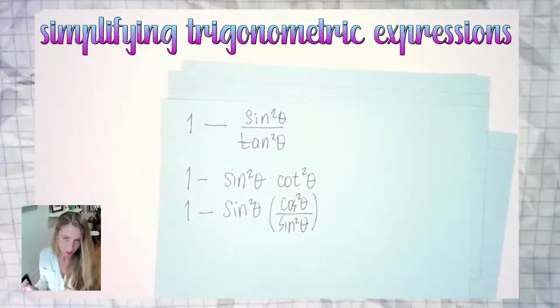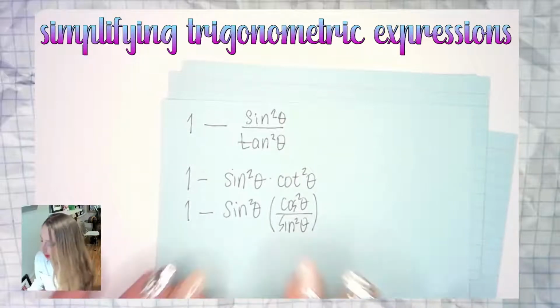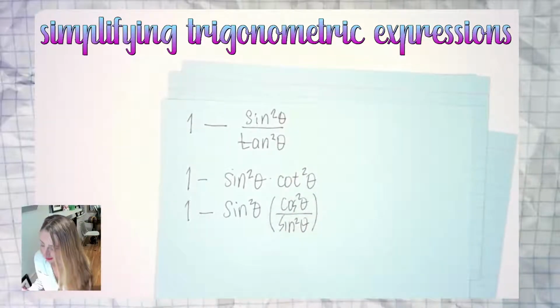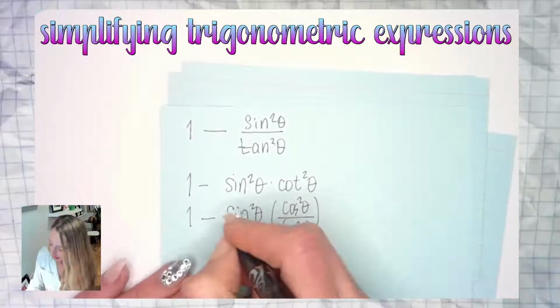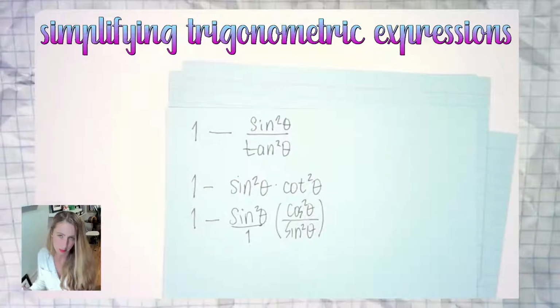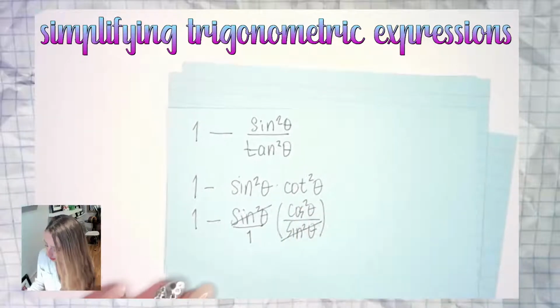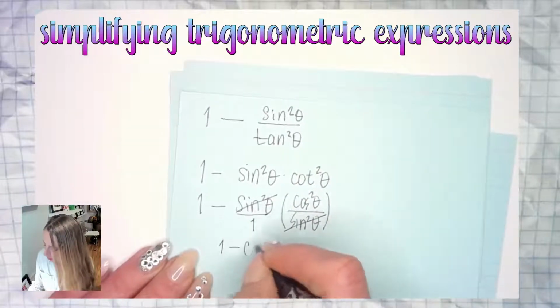I'm anticipating, basically. I know that I will have a sin² in the denominator, and I like the idea of that because I'm going to simplify. I'm going to reduce, okay? Adios with that. What's left behind is 1 minus